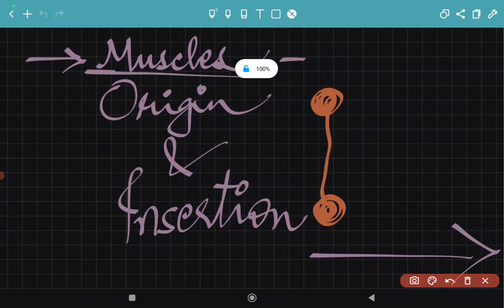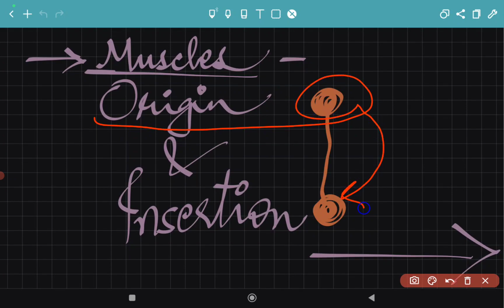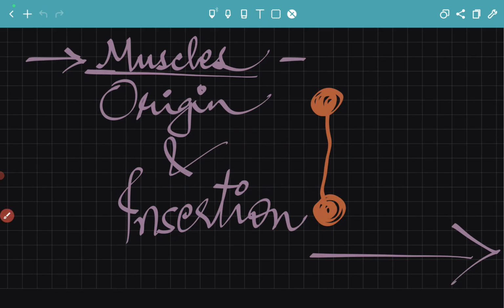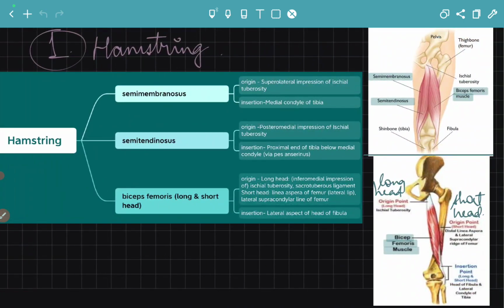Now let's have a detailed look of where those muscles or the knee flexors start, that is their origin, and where they end, that is their insertion. So let's begin with origin and insertion of muscles, starting with the hamstring muscle group, which includes semimembranosus, semitendinosus, and biceps femoris long and short head. So as can be seen in this diagram, semimembranosus, which is over here,